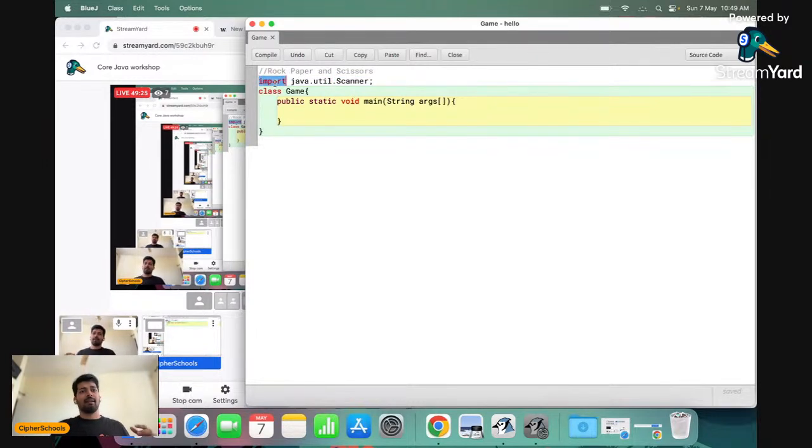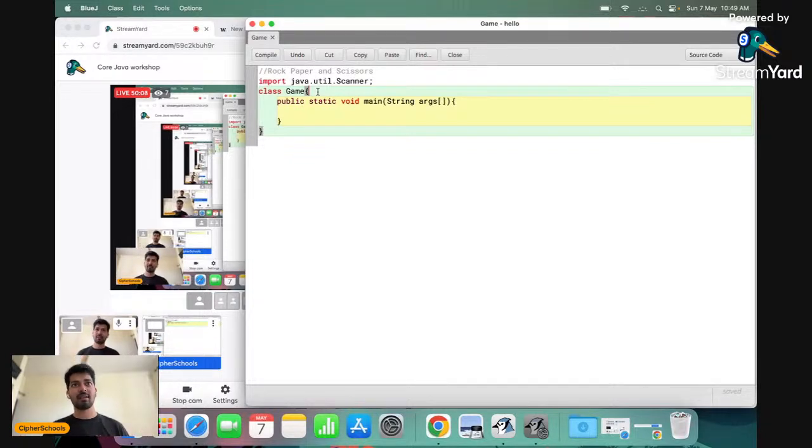Import means there is a place where a lot of definitions of a programming language are saved, right? So how does a compiler know what is the meaning of class? How does the compiler know what is the meaning of game, or the meaning of curly bracket, or each of these words written, let's say public static void main string args? So there is a place where the compiler is getting education from, and that place is known as library.